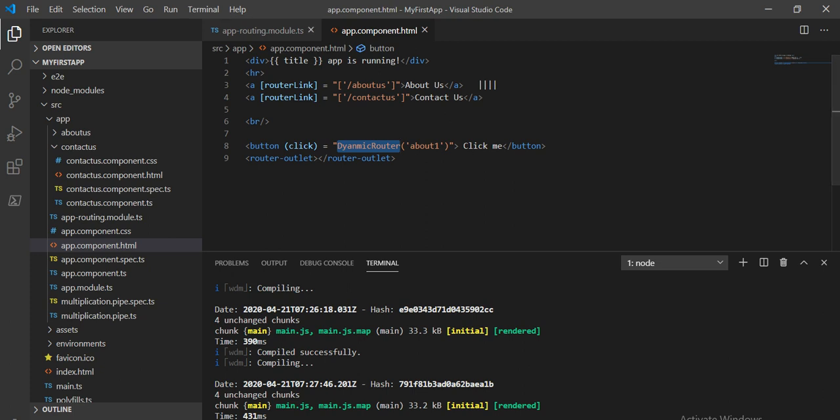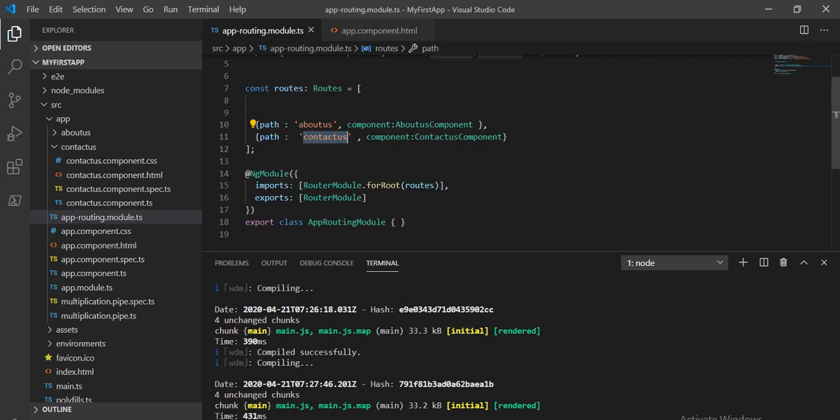Let's save it first and see what it is showing in the first application. So we have compiled it. Now go to the page, and we can see that in the previous application we added two links, about us and contact us, and we created one button. When we click on about us, it shows the about us page, and when we click on contact us, it shows the contact us page.